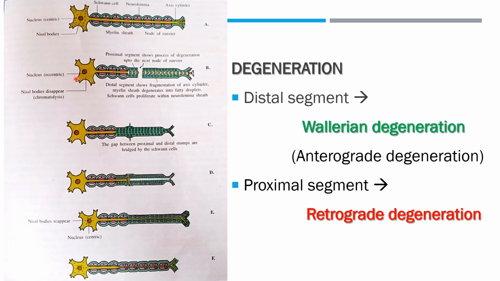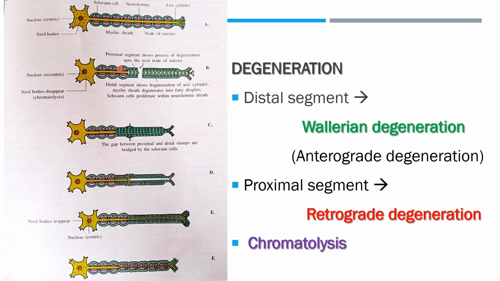So will anything happen to the cell body? Yes, we can see there are some changes in the cell body compared to the normal neuron. There is a shift in the nucleus position. The nucleus has become eccentric, it has shifted to the side. Another thing is the Nissl bodies that were usually present will disappear. This phenomenon is known as chromatolysis. So what is chromatolysis? When the nucleus becomes eccentric in position and the Nissl bodies disappear in response to injury. These are the changes occurring in the cell body.